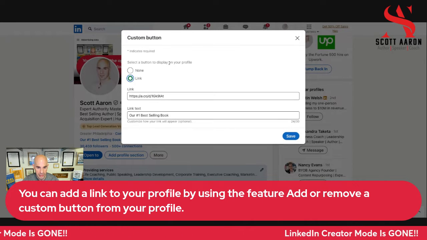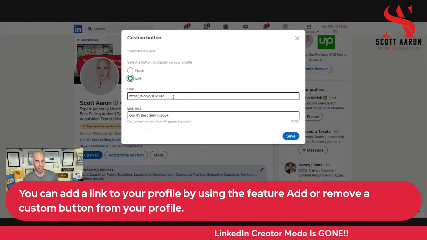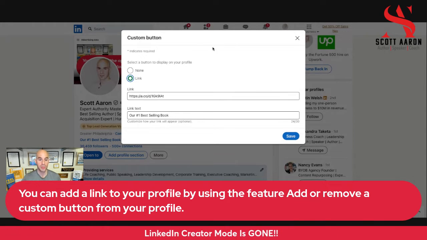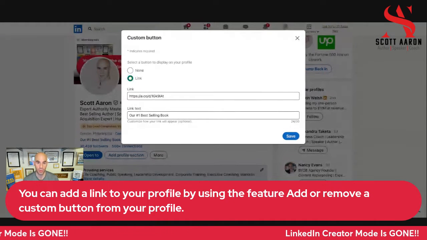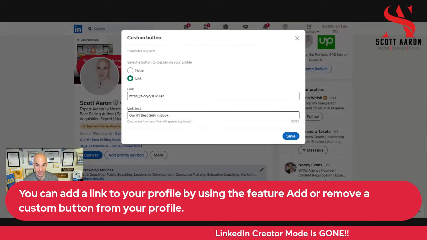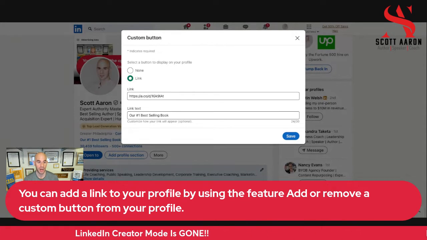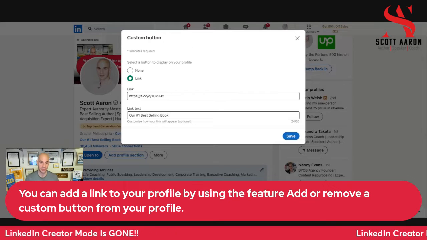You're going to click link. You're going to put in your website. You can put in, if you have a lead magnet or some sort of sales page or a squeeze page that you want to drive traffic to, in order to collect emails, that's fine.